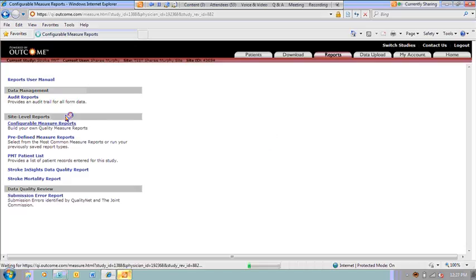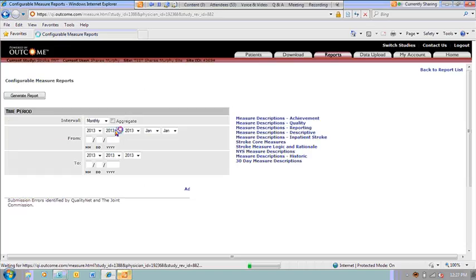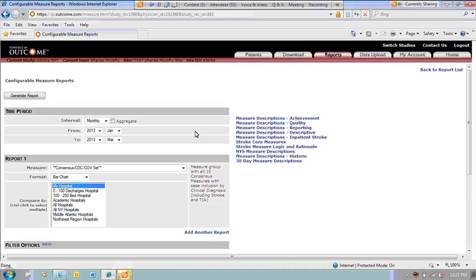I'm going to try and be patient. Okay. So again, the first thing we need to select is our time period. Now, we are going to look at the first quarter of the year as our status report. But one of the things that I always suggest hospitals do before you group any time period together into an aggregate is to look at the monthly breakdown for a number of reasons.